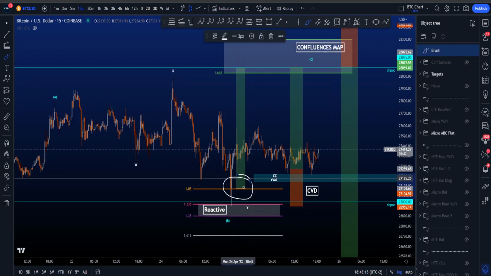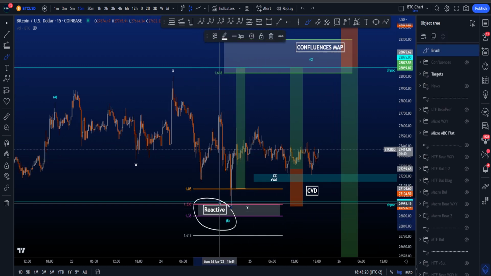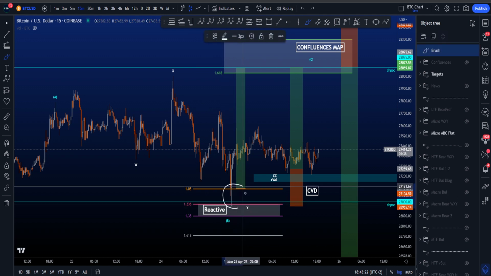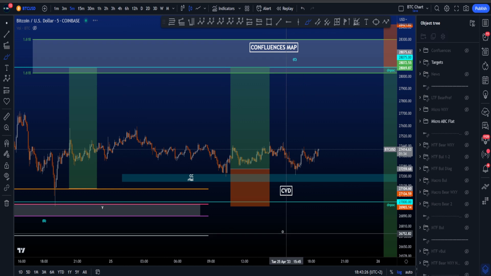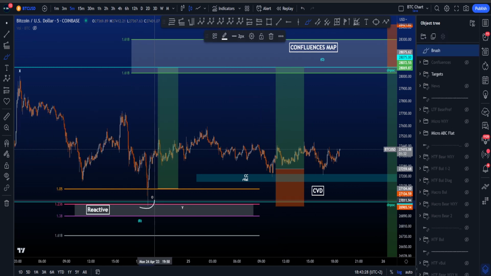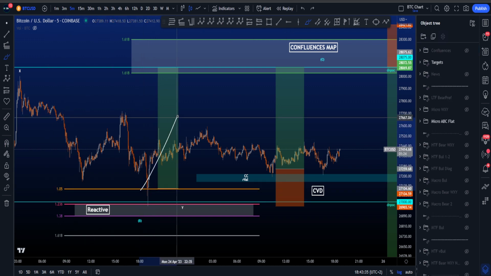This first potential trading scenario was a reactive scenario, basically meaning that first you want to see some sign of support or a reaction before then potentially entering. And if I go to the 5-minute, you can see we wicked into the area as well as the daily naked point of control, closed above the 105 fib, which then was the potential entry